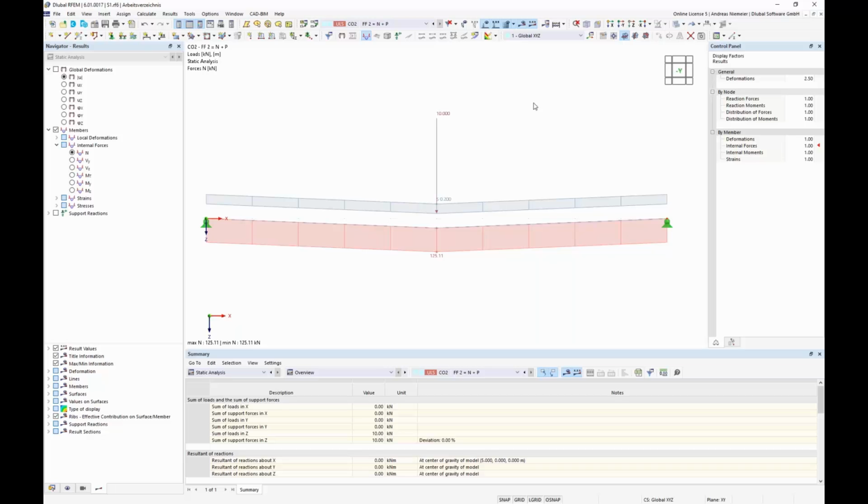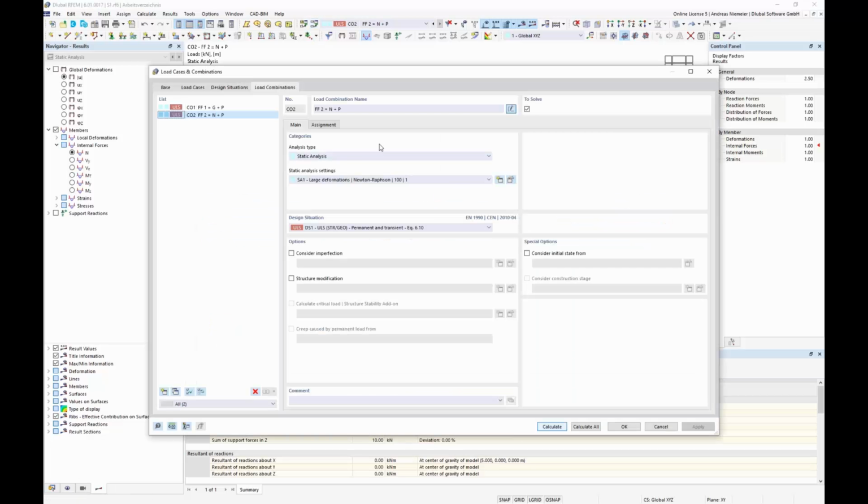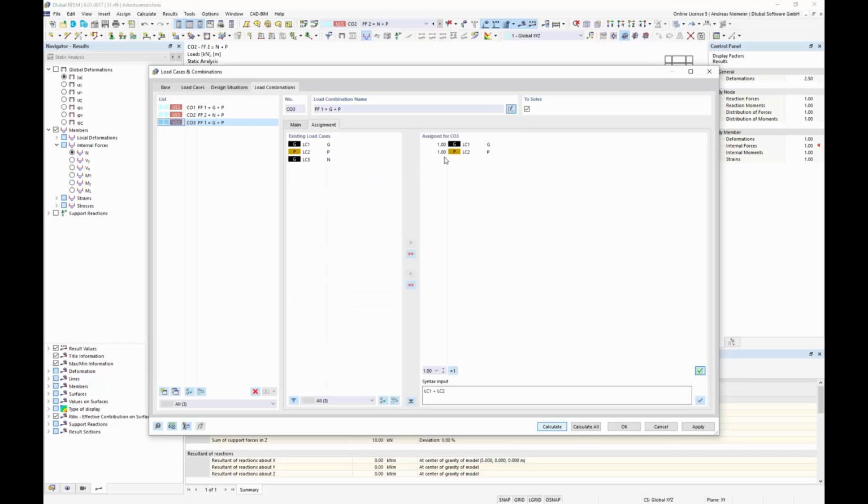So the next point was, and I remember too many questions on the support, how I can deal with partial safety factors in the program. Do you have a solution for it? And with the new generation, we want to give you a solution. So I can say, of course, we can create a third shape. For example, I copy the first one and say, let's scale it up and define here 1.35 as factor,